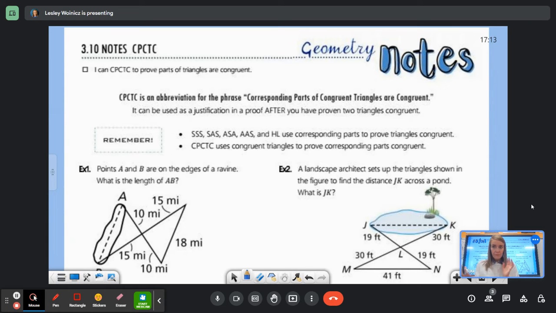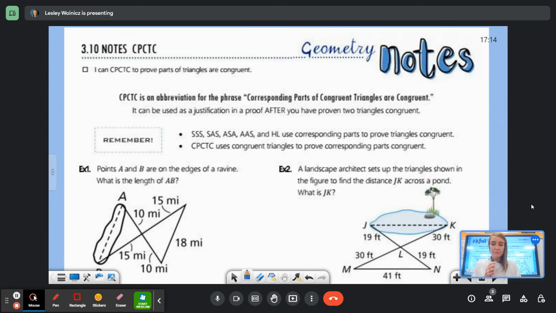CPCTC just stands for corresponding parts of congruent triangles are congruent because we don't want to write all of that. No one wants to write all that in a line. So this is another abbreviation that we get to use in our proofs. Okay. So you can only use it in a proof after you have proven that your two triangles are